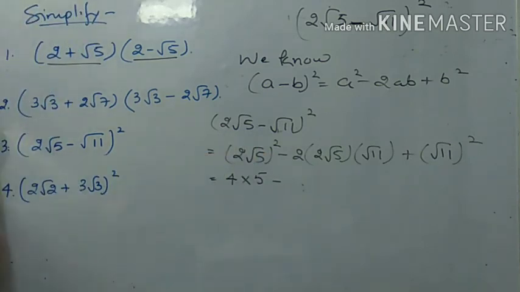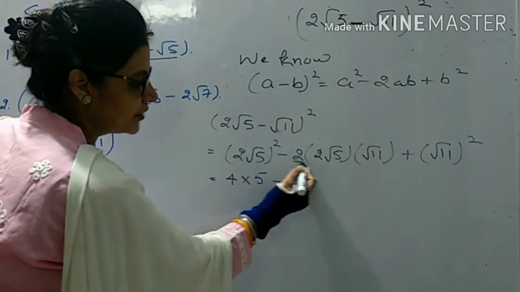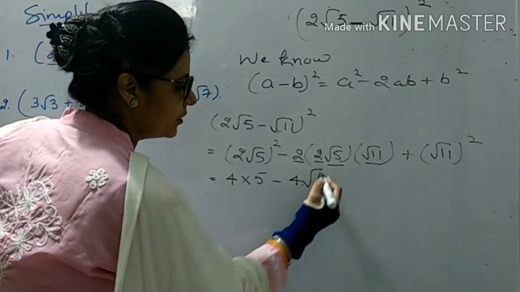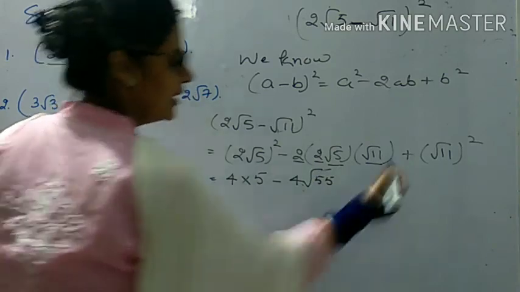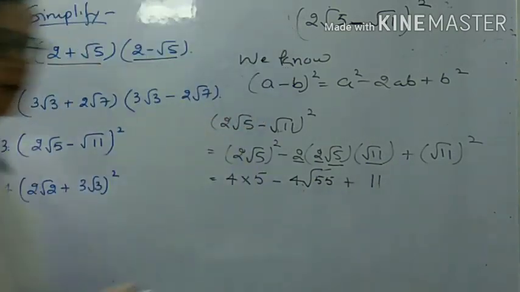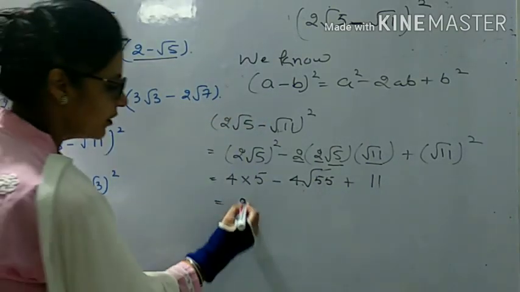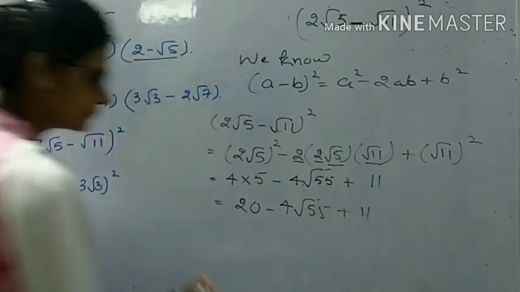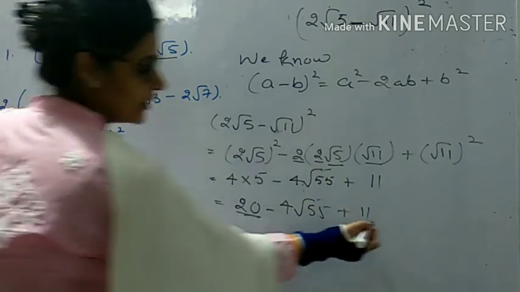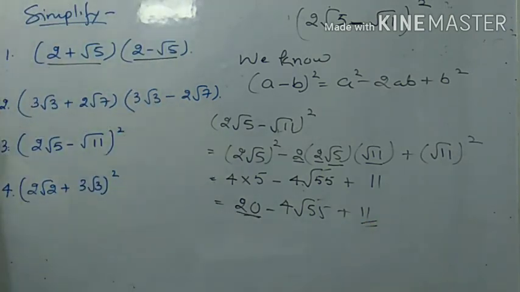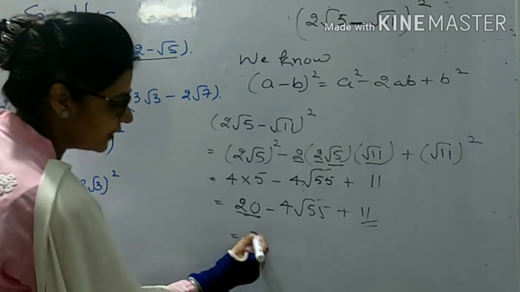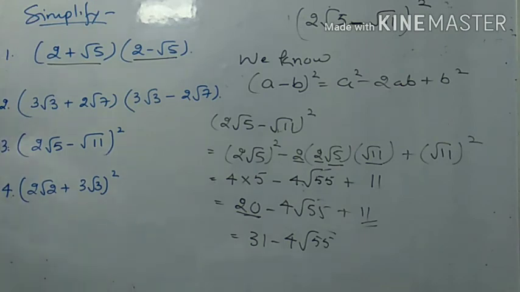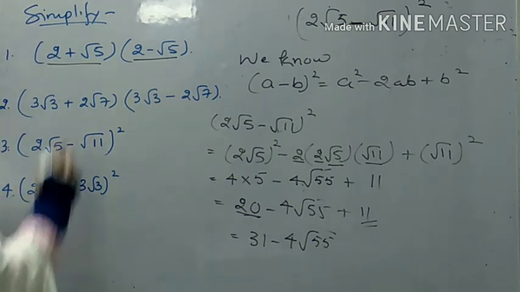Rational to rational, irrational to irrational. In the multiplication we have to do that. So 2 into 2, it will be 4. Root 5 into root 11, root 55. And here, what is root 11 square? It will be 11. Now, 20 minus 4 root 55 plus 11. Now, this is a rational number. This is a rational number. Rational and rational addition is possible. So, this will be 31 minus 4 root 55. And similarly, you have to solve this 2 leftover